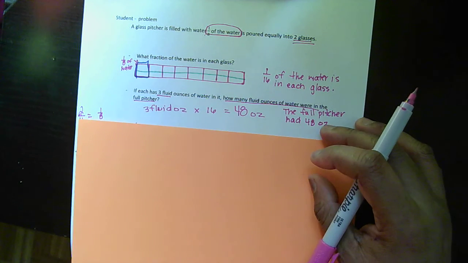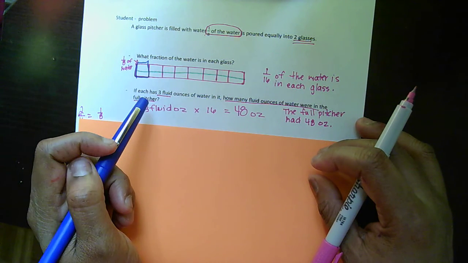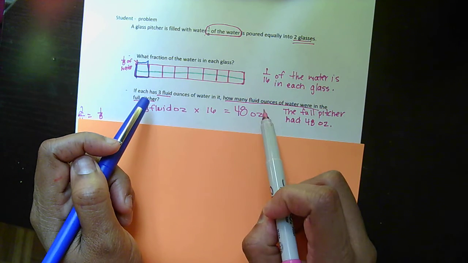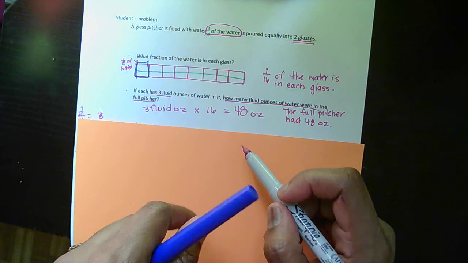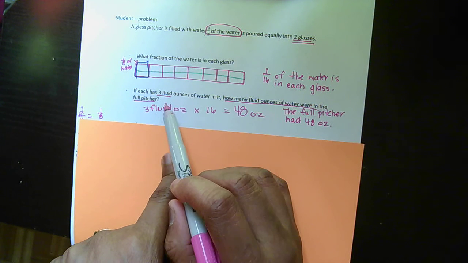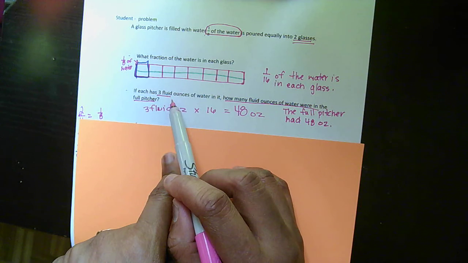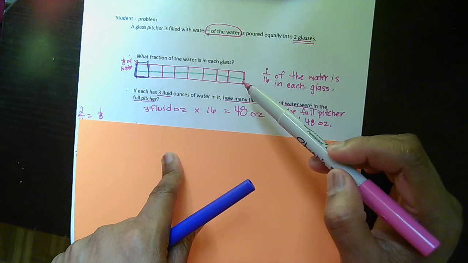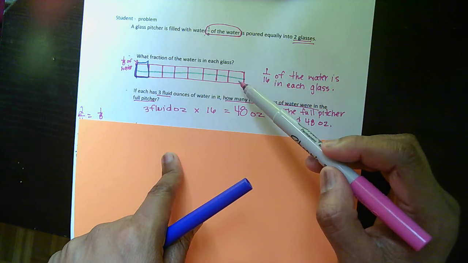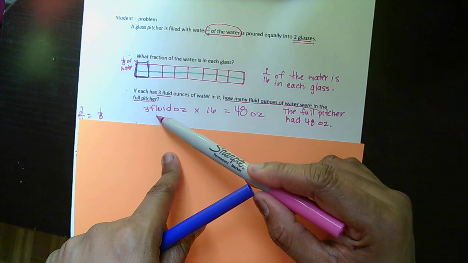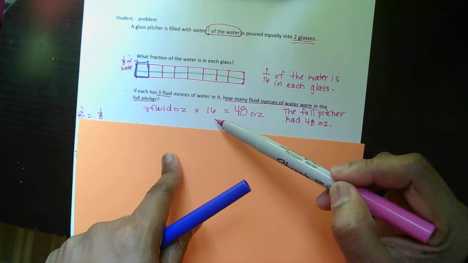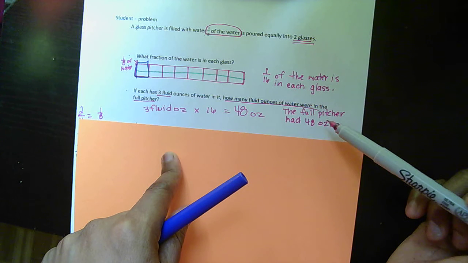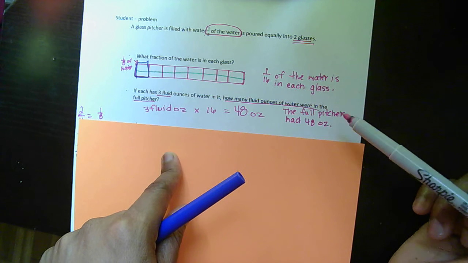moving on. So if each has 3 fluid ounces of the water in it, how many fluid ounces of water were in the full pitcher? So I underlined the 3 fluid ounces of the water and also the total amount of the pitcher. So I had to go back to the previous problem. I knew there was 16, so I had to multiply 3 fluid ounces times 16, which gave me 48 ounces. The full pitcher had 48 ounces. Okay,